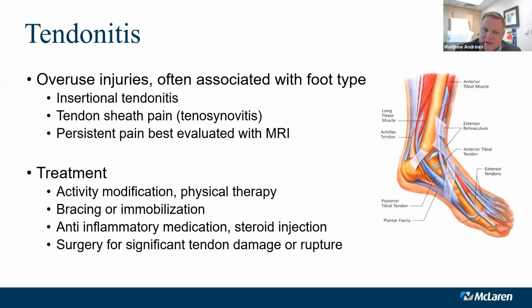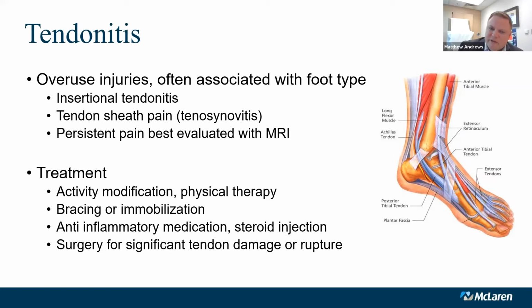I'm not a big fan of bracing or immobilization for soft tissue injuries. It's okay for short periods of time, but what can happen is if you immobilize a tendon for too long, you get a lot of scar tissue that can develop, and it can slow your progress, and sometimes more aggressive physical therapy is needed to stretch that out. So we're big believers in functional rehabilitation.